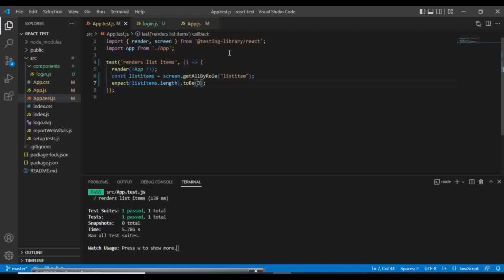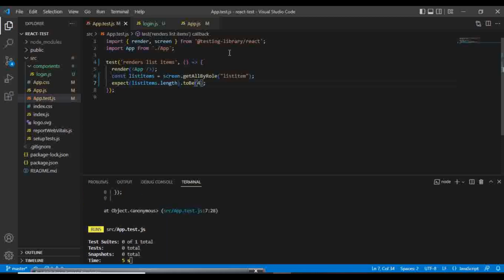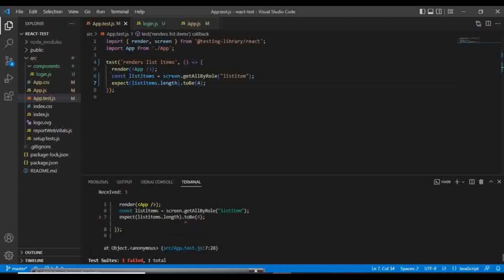If I'm giving 4 here, you can see the test got failed, and you can see what the mistake was. Received 3, but in our test case we have given it as 4. So in this way we can test